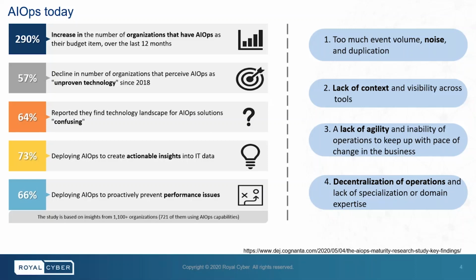There are a few observations which we saw. This is from Digital Enterprise Journal. They have done a study of about 1100 organizations, and more than three-fourths of them are actually using AIOps. They found a few very interesting observations. Number one, a 3 times increase in the AIOps budget. From late 2018, early 2019 to early 2020, CIOs have increased the budget by 3 times, or the number of people adopting AIOps has increased threefold. Number two,